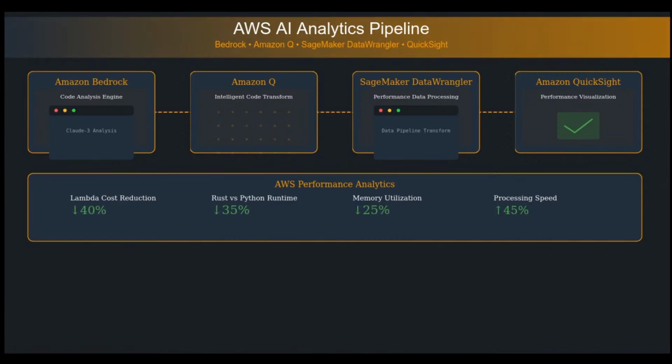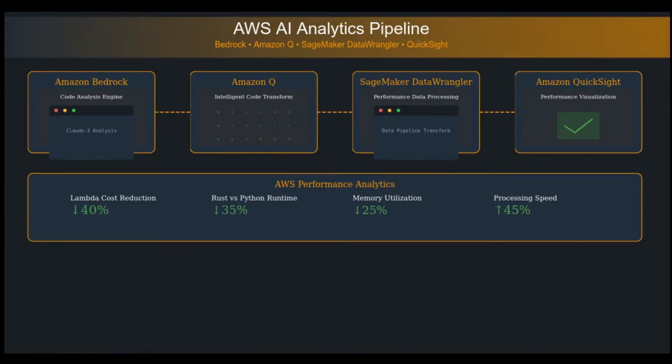In stage 4, the QuickSight, or performance visualization stage, we have the metrics visualized, and the green animated path is going to represent the flow of data into actionable insights. QuickSight's then going to help developers and stakeholders understand the impact of the optimizations through these interactive dashboards and visualizations. And then this is where we get into actionable and also key insight-driven data science.